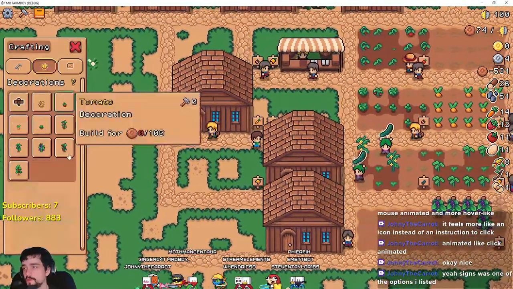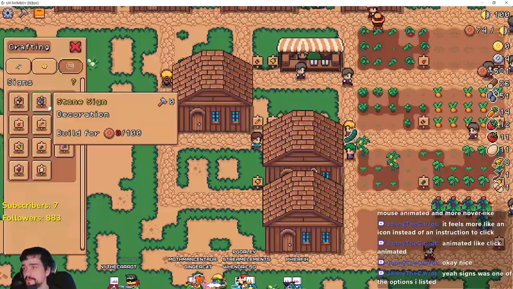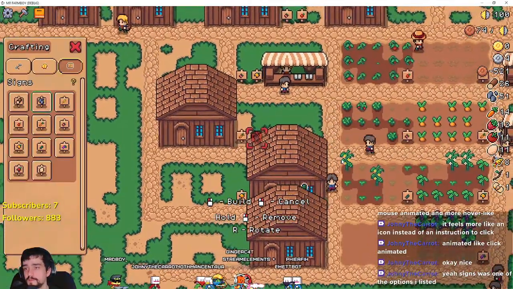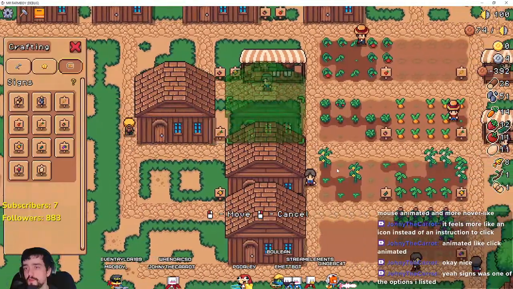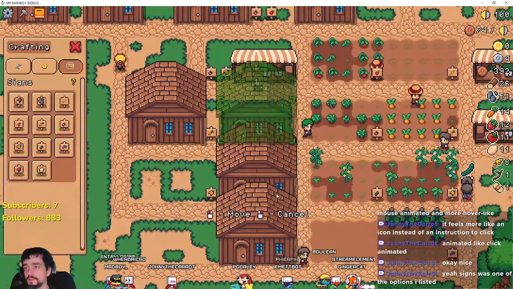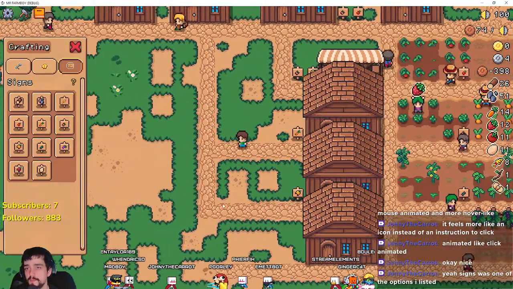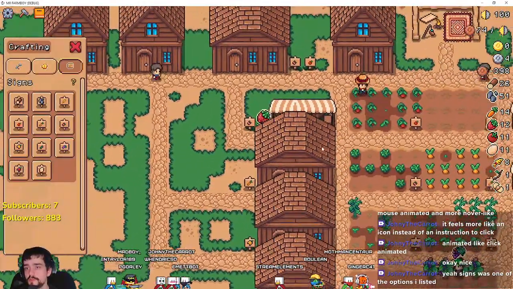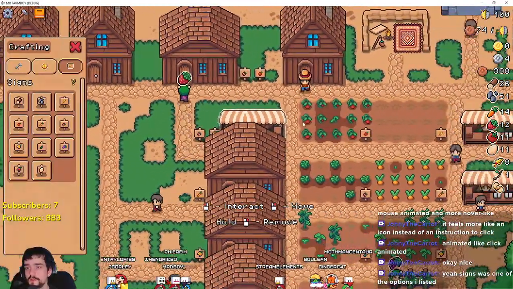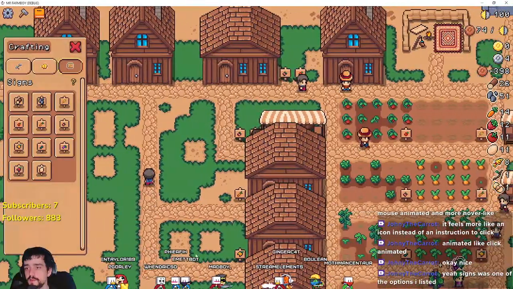Actually, I need to move. Yeah, you can move them. So if I remove this, then I move you here, but now it's blocking this one, see? So I'm thinking of reconstructing. So the way I think I'm gonna go about doing this is